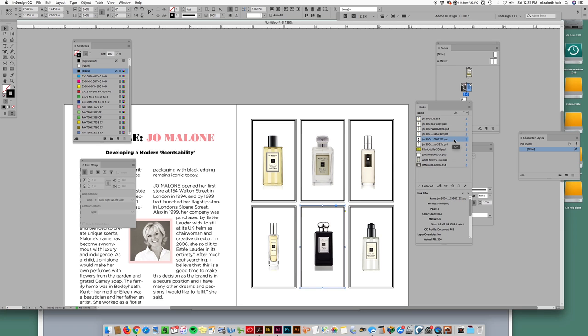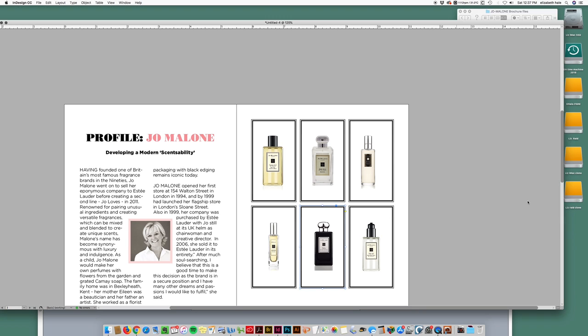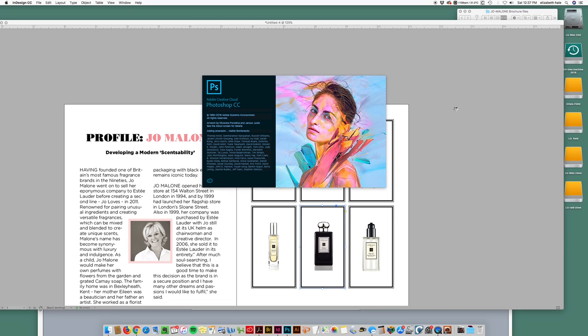If you want to now work on it in Photoshop, this is the cool part, you would right click, tell it that you want to edit it with Photoshop. I have a couple of different versions of Photoshop. And Photoshop's going to have to open on my computer, so this is going to take time. But it will